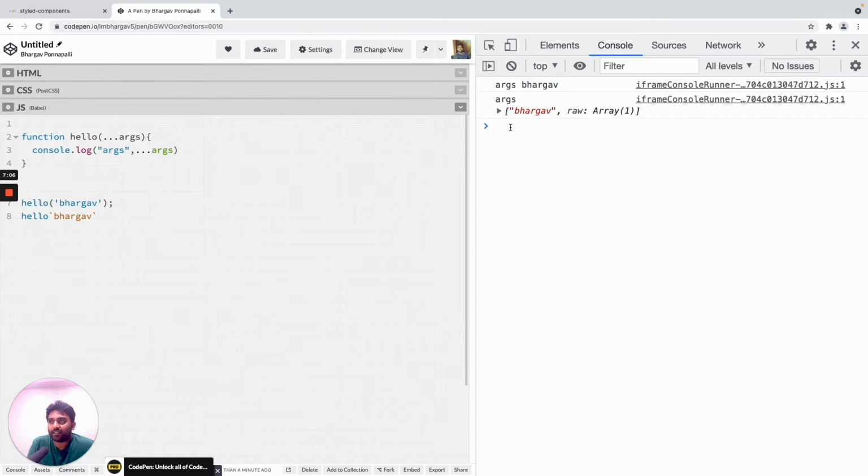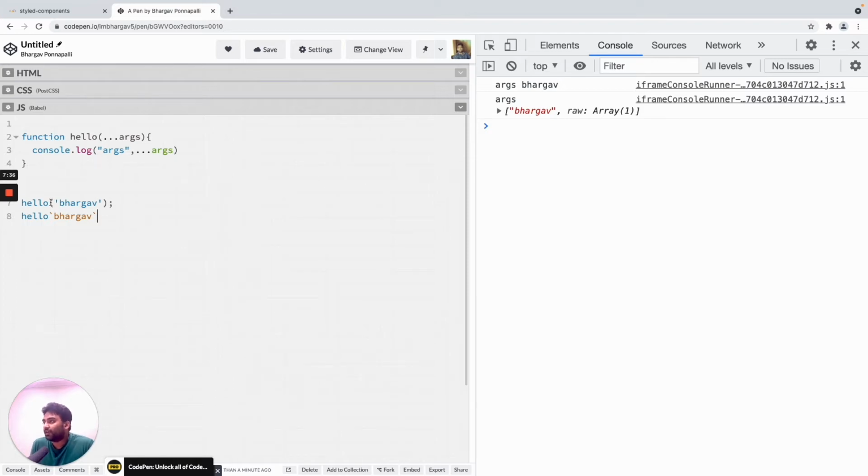But in the second case, the first thing in this is actually an array as well. The first item in the array happens to be Bhargav, and then there is this raw thing that is something we haven't seen before. So some differences are starting to creep up, and this will become more apparent when we actually use multiple arguments.